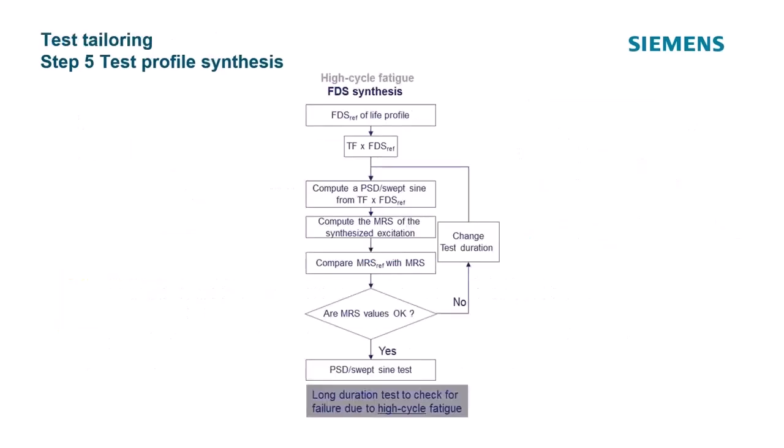So here we go. Assuming we've applied the test factor and we applied the uncertainty factor already, we take our FDS and we're going to synthesize either a PSD or sine sweep. And all we're going to specify is the test time. So now we have a life profile MRS and a life profile FDS. We bring it in here and say it's 440 hours and we want to do a 44-hour test. We type in 44 hours and it calculates a PSD that was the same damage as that life profile.